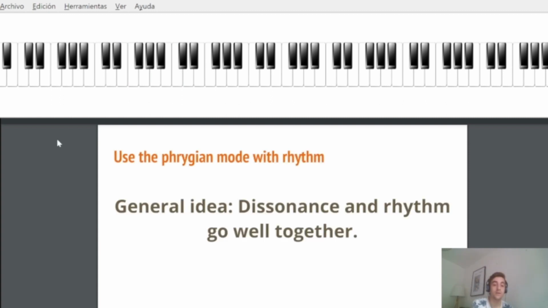Here's a very good tip for using the Phrygian mode. Use rhythm. This is a general idea. Dissonance and rhythm go very well together. For example,